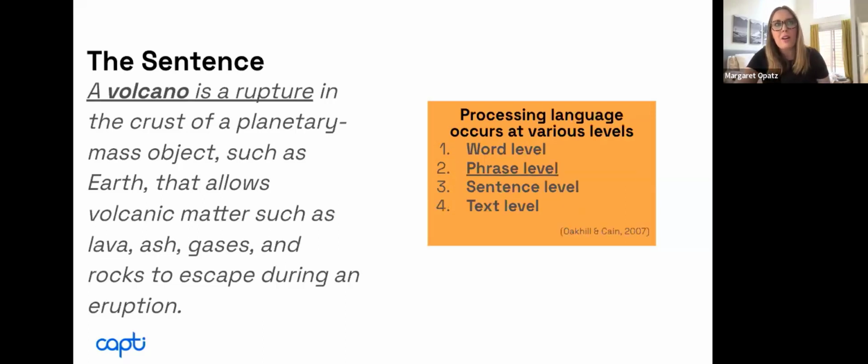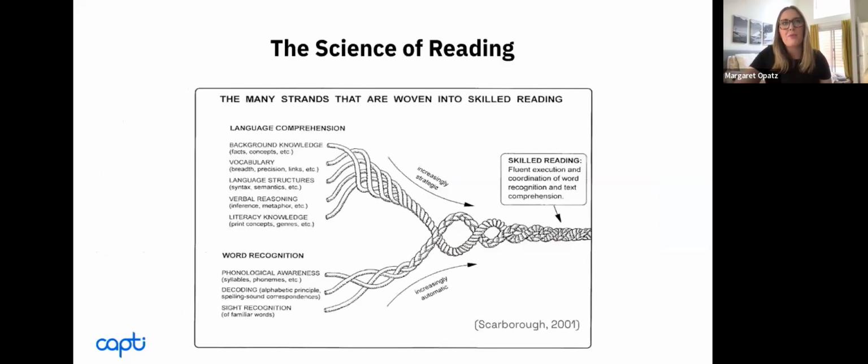In addition to all of these levels, you'd also have to be able to understand how this sentence packs in the information and connects to the information within a complete text. So I present this to you just as thinking about what does it really take to process the information at that sentence level? So before we dive too far into this topic, I just want to contextualize it within